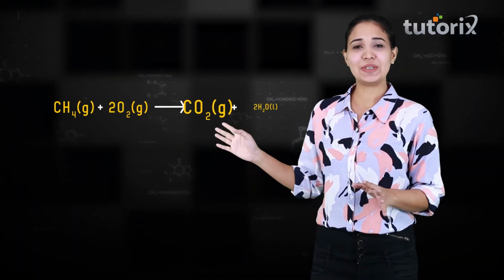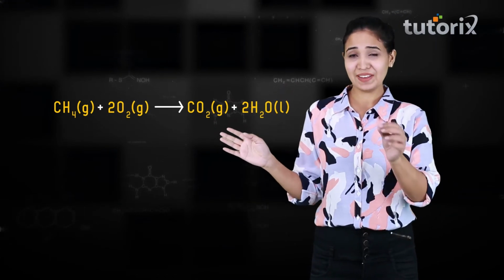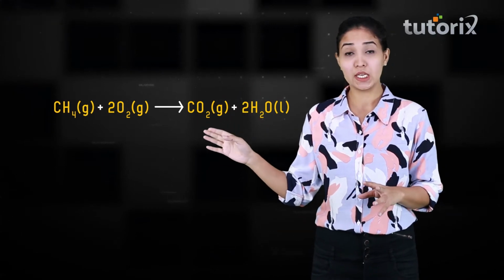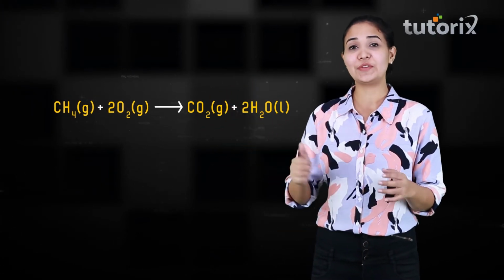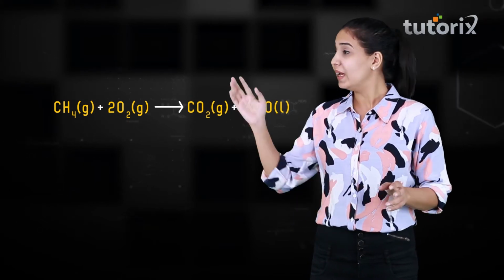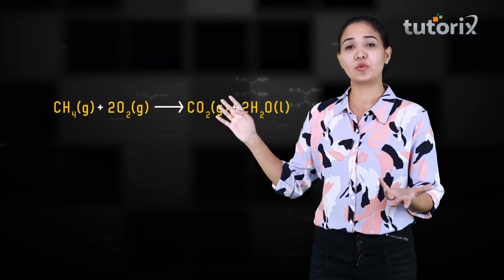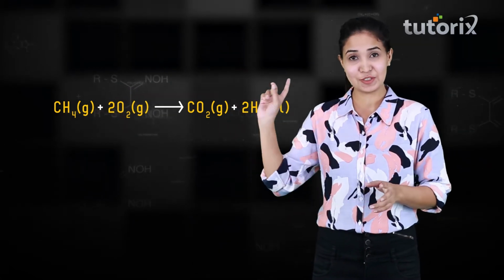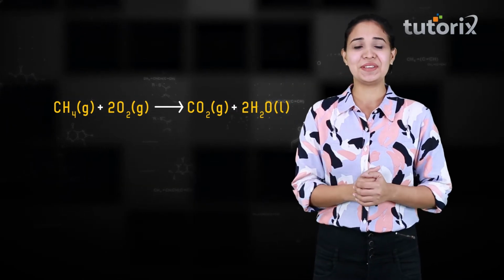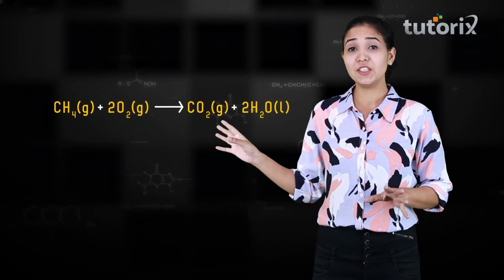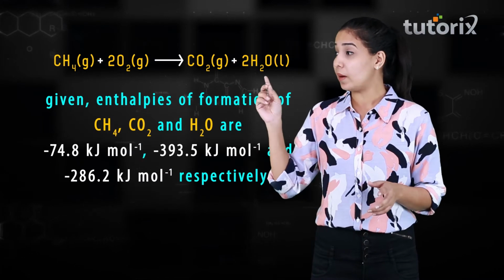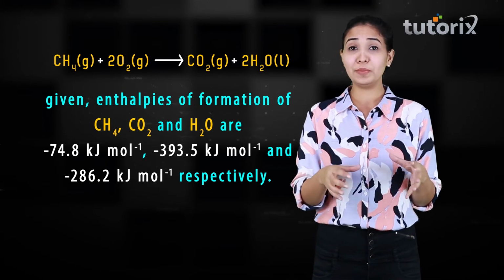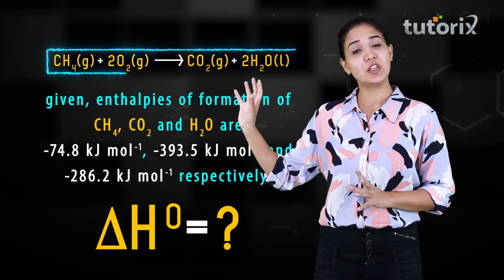Alright guys, as you can see in front of you, there is a question, and in the question we are talking about a particular equation, that is the oxidation of methane. That is CH4 plus O2 leading to the formation of carbon dioxide and water. And the number of moles are written in front of the reactants and the products, as you can see, it is 2O2 and 2H2O. Now we are being given the values as well. The value of the heat of formation for methane is given, for carbon dioxide is given, and for water is also provided. And the question asks, what would be the enthalpy of formation for this particular reaction?